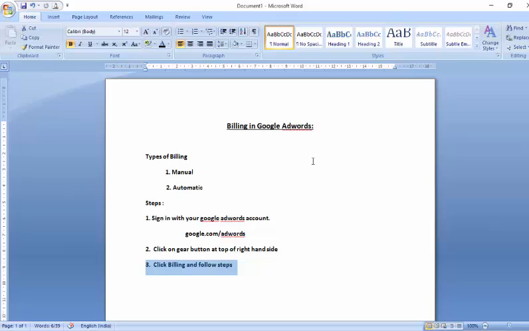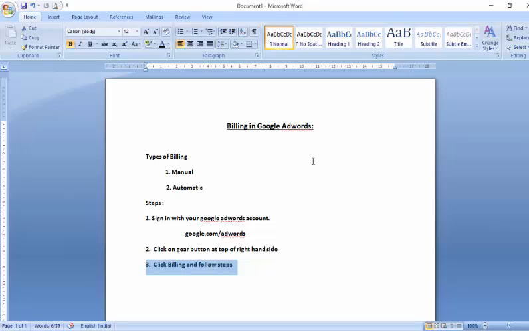Google provides us two ways to pay the amount. The first one is manual and the second one is automatic. Manual is also known as prepaid billing. We decide how much money we want to pay. For example, I just want to pay 500 rupees in advance and run my campaigns.